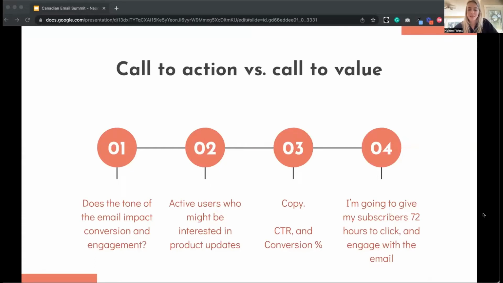Hopefully they all are. And I'm ideally testing copy here. I'm not playing around with the subject line. It's just that kind of body copy where I'm flipping the main statements and then the call to action as well. And I'm looking at click-through rate and conversion rate.